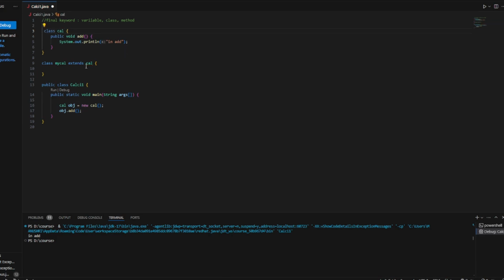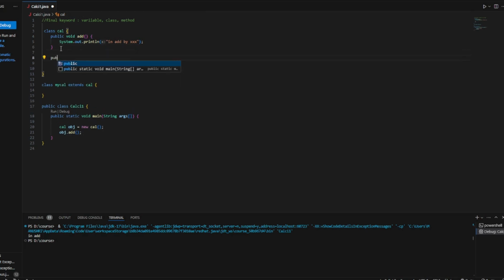Let me also show you how the final keyword can be used in a method. There is a public void add, and also a sub method. Also, I'm creating another.